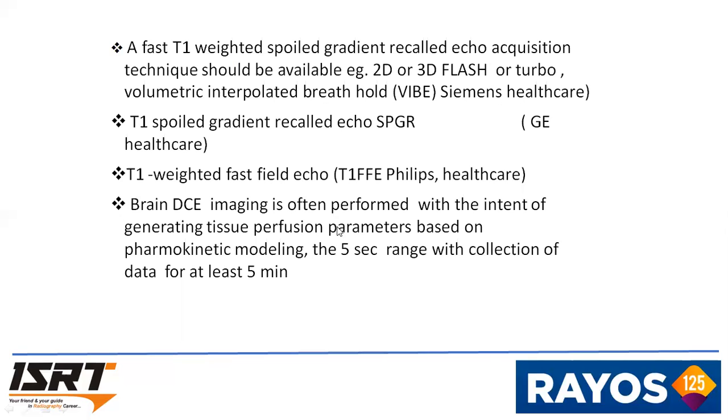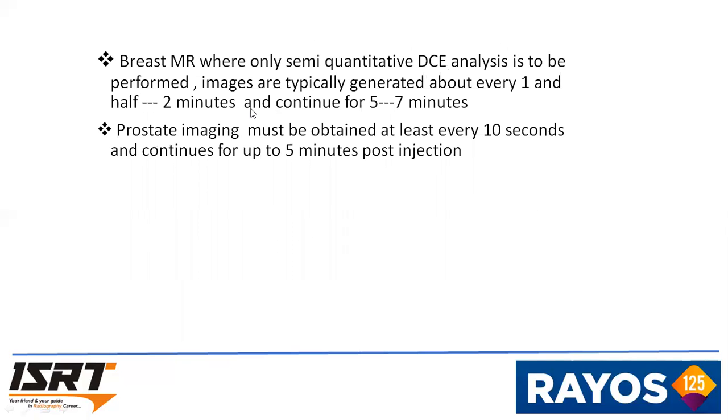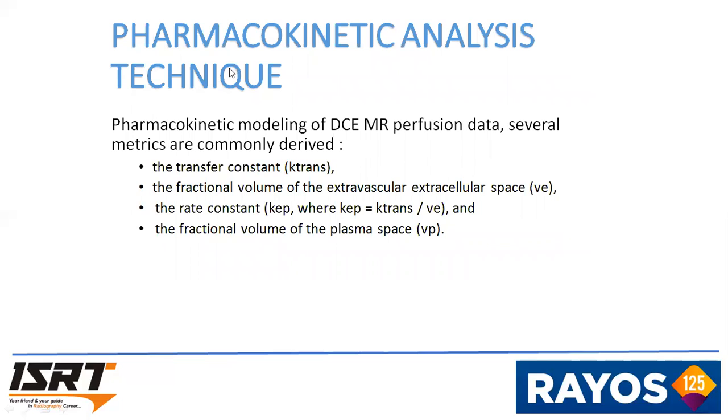The brain imaging is performed with the intent of generating tissue perfusion parameters based on pharmacokinetic modeling. For the breast, it will take 5 to 7 minutes, and for the prostate, it will take 5 minutes after the post injections. Coming to the pharmacokinetic analysis technique, the transfer constant is Ktrans, the fractional volume of the extravascular space is VE,